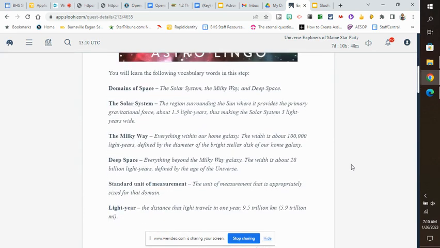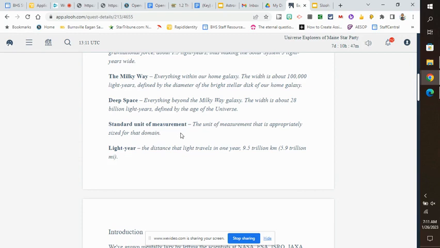Okay, the first one starts off with some terminology. Go ahead and read through those or refer back to them as you need. The first one, I know questions will be asked about the domains of space, the solar system, Milky Way, and deep space. The solar system, what it is, the Milky Way, what deep space is considered, standard unit of measurement, light year,